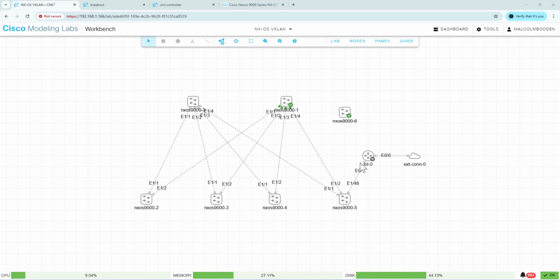It's quite a beefy laptop, but I've just got a couple of nodes running there, so you can see NX-OS 9000v and 9000-6, but I've created a spine and leaf topology, and the idea is that these devices 2, 3, 4, 5 will be the VTEPs, so the leaf nodes. This will be the leaf layer 3 out